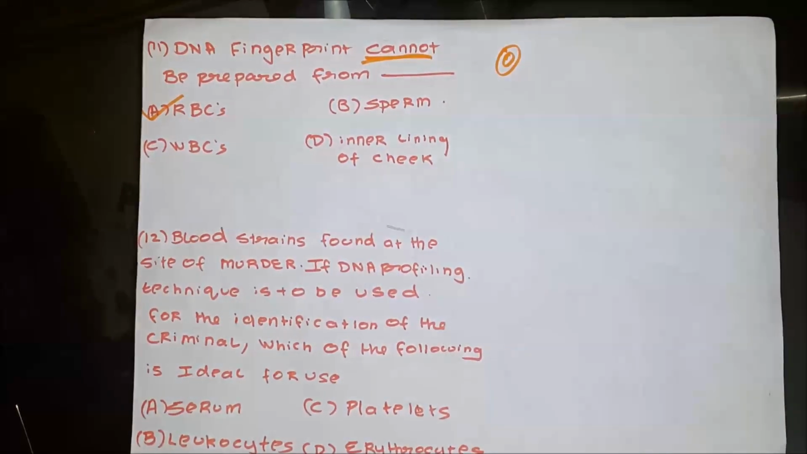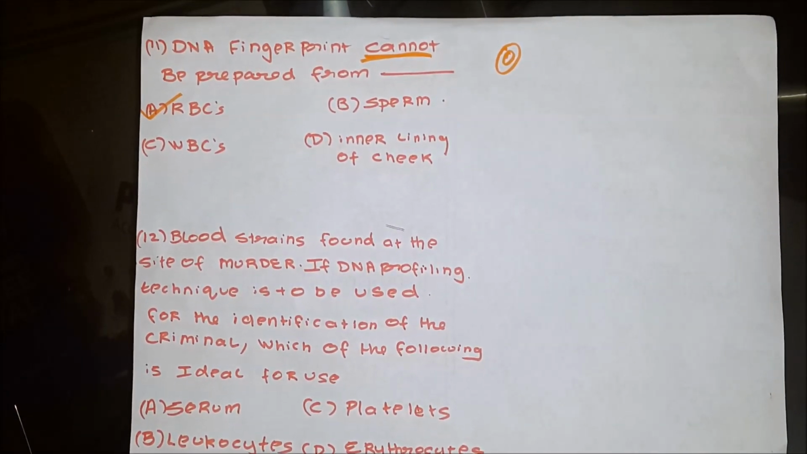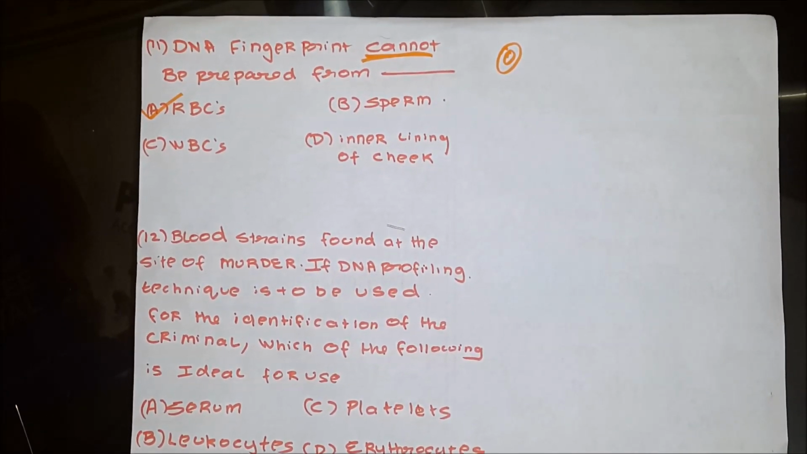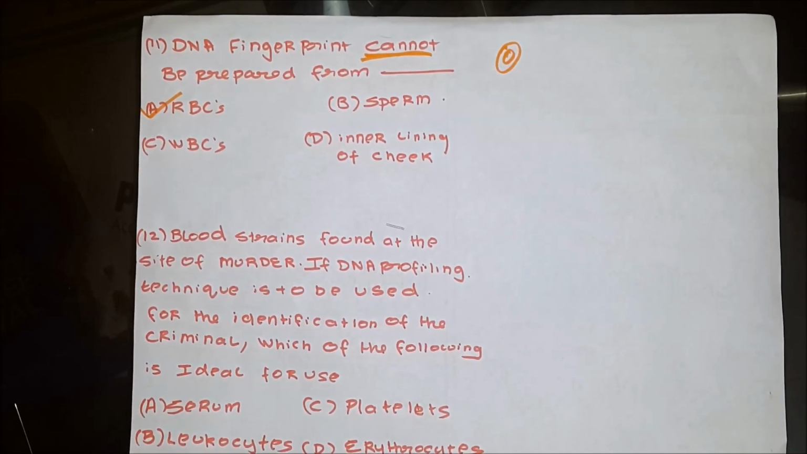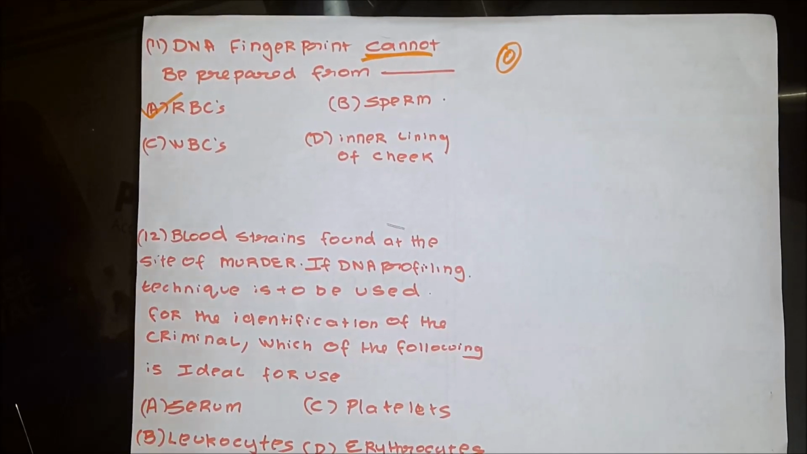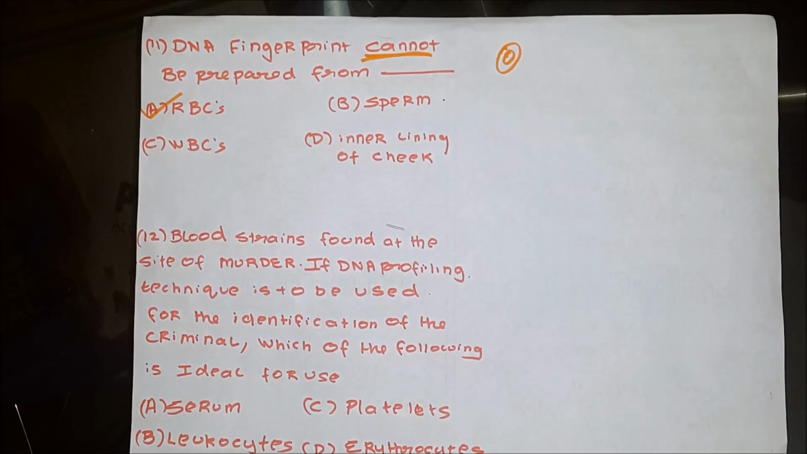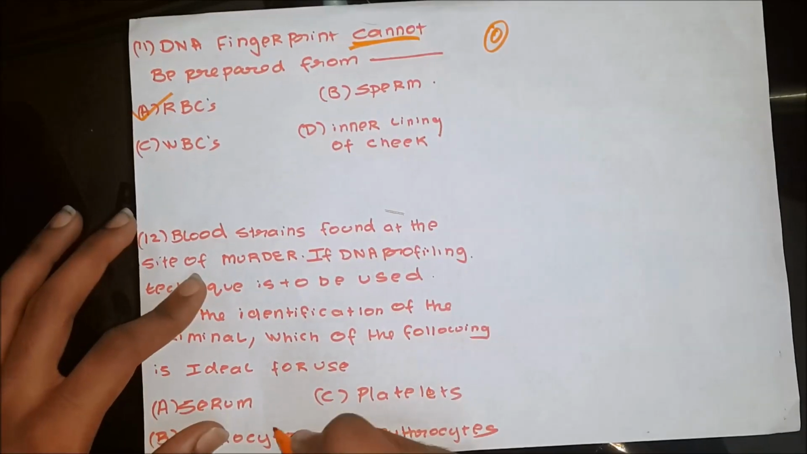So moving on to the next MCQ, blood stains found at the site of murder, if DNA profiling technique is to be used for the identification of the criminal, which of the following is ideal for use? Now this is a theory question. Options are A. serum, B. leukocytes, C. platelets, and D. erythrocytes. Now leukocytes are nothing but WBC,